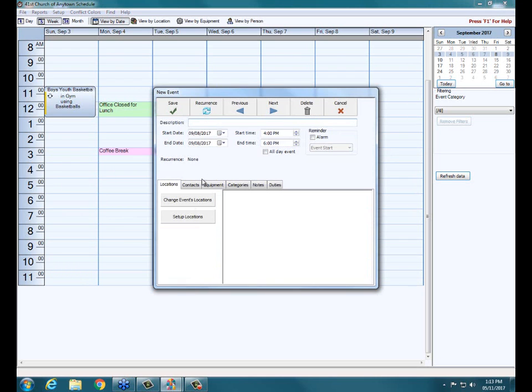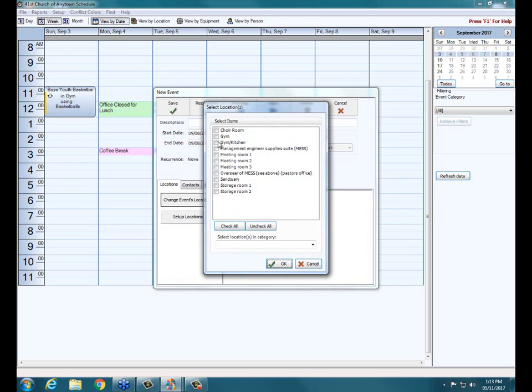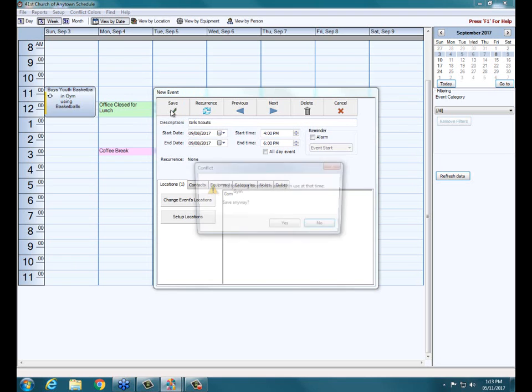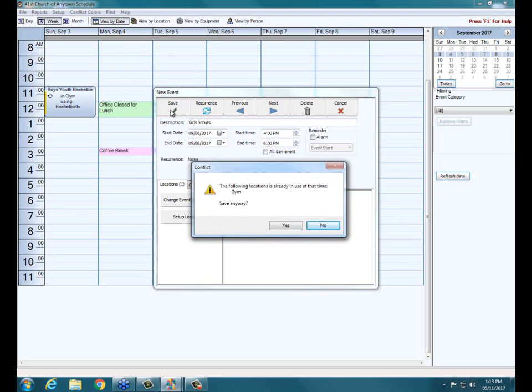If I schedule something in the same location at the same time, we'll pick gym and click OK. We'll just call it, we'll say Girl Scouts are meeting. And click Save. The program brought up a little conflict message letting me know the following location is already in use at that time. The gym, save anyway. Well, we know there's plenty of room and they were going to work together on a project maybe, so we'll